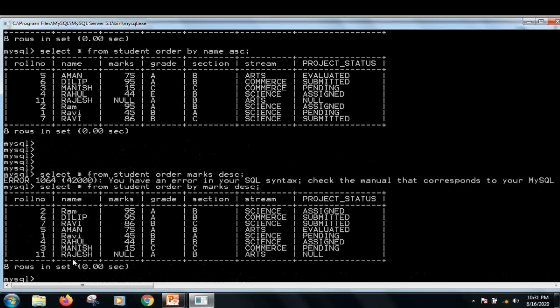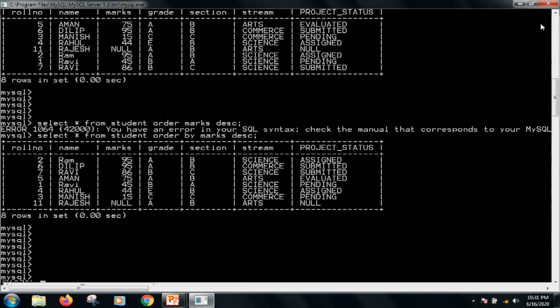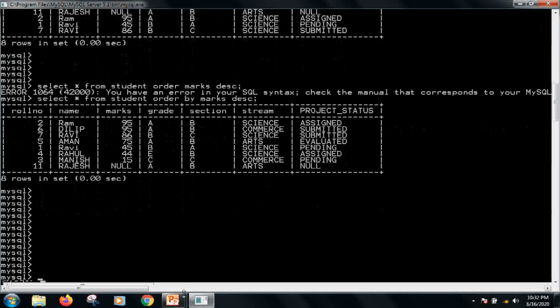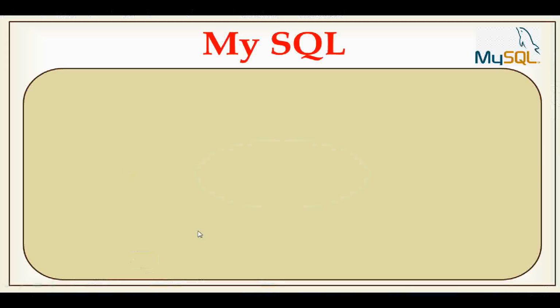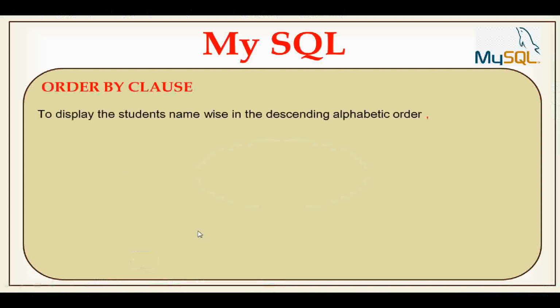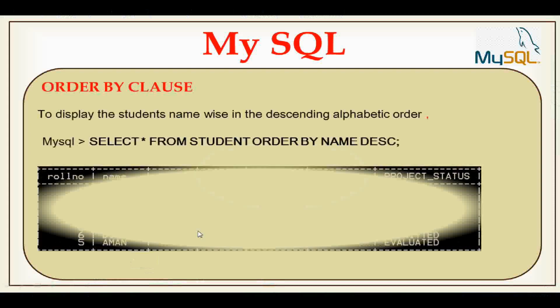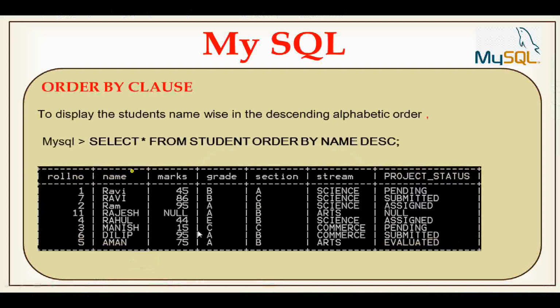So in this way you can get the result either in ascending or descending order. This is shown here in descending order.